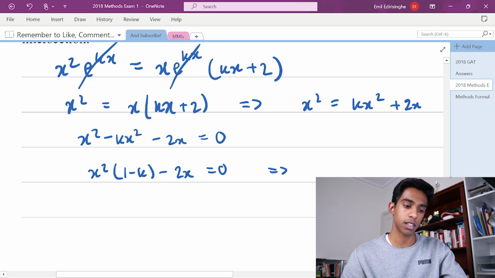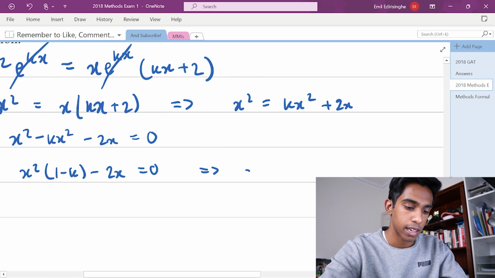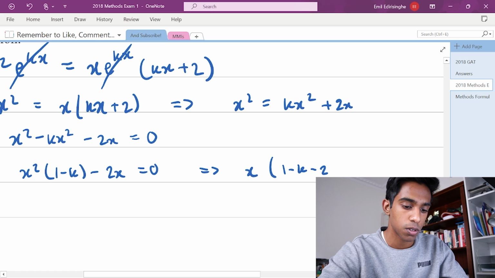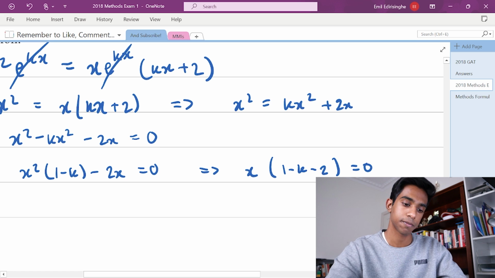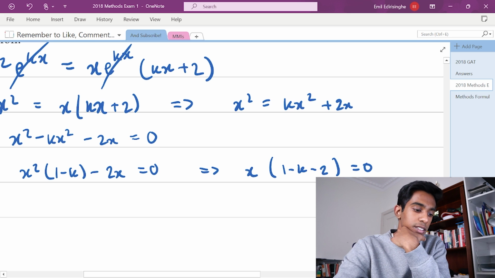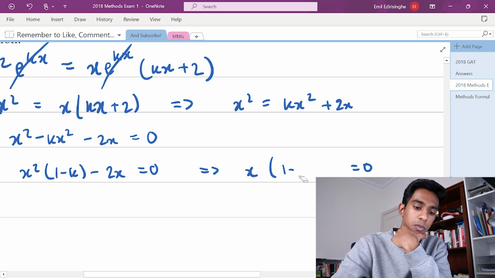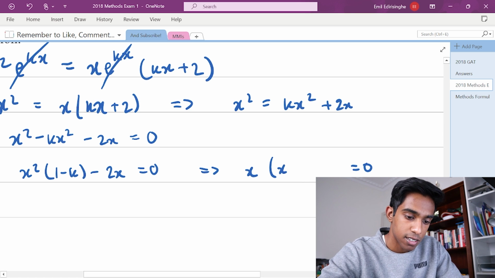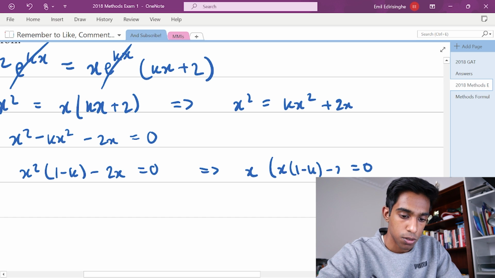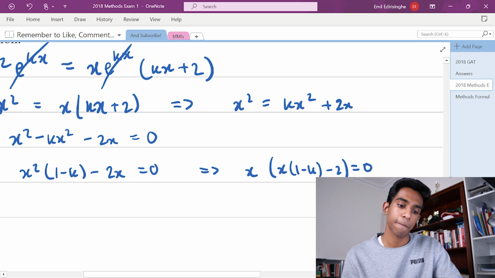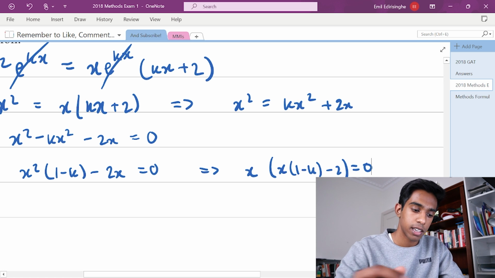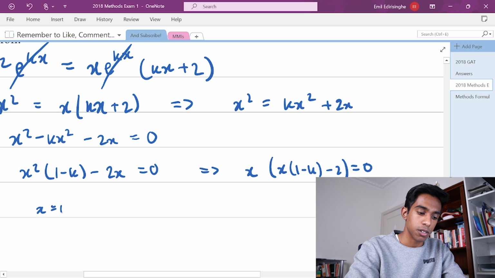Then if we go across the line, we can get x times (x(1 minus k) minus 2) equals 0. And then using the null factor law, we can get x equals 0,